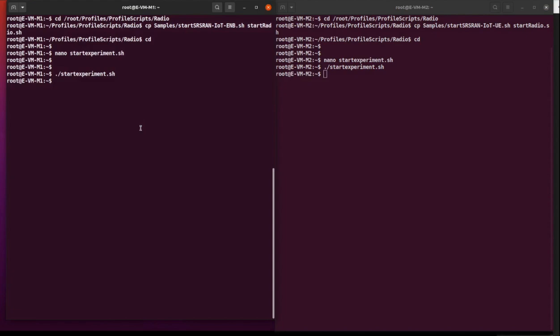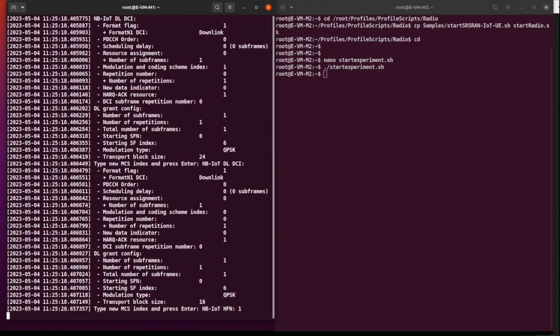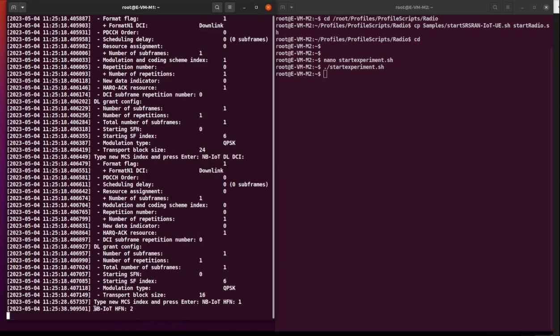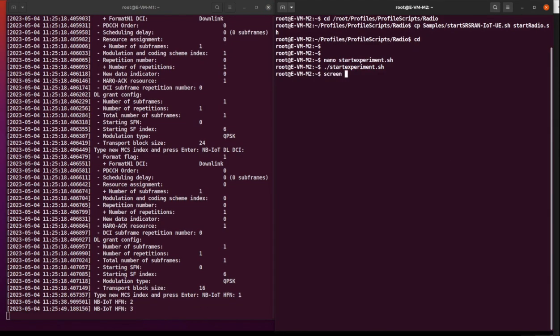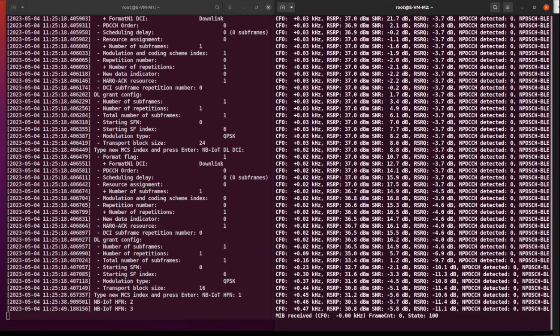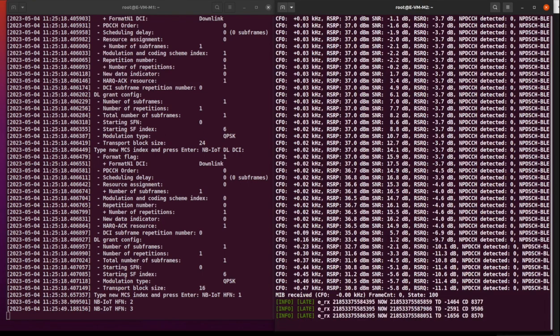To visualize their operation we will use screen. As you can see, our eNB is configured with these parameters and it is already transmitting hyperframe numbers. Similarly on the UE side we will use screen and you can see it is printing